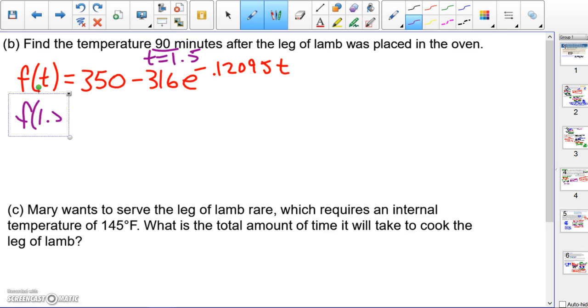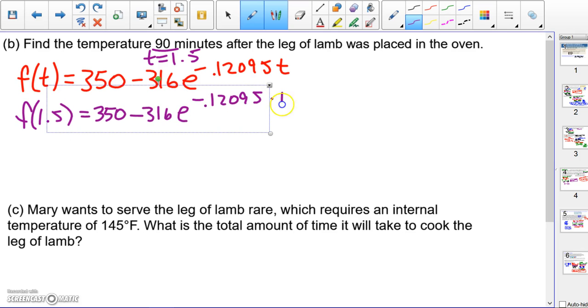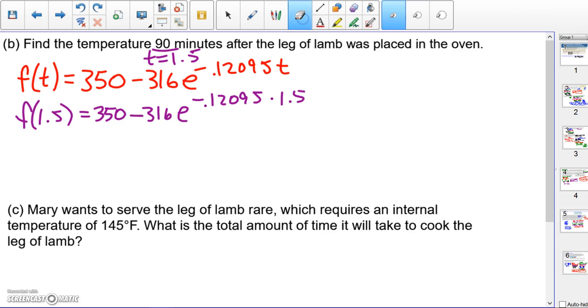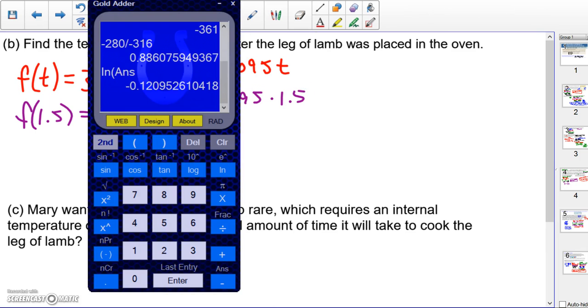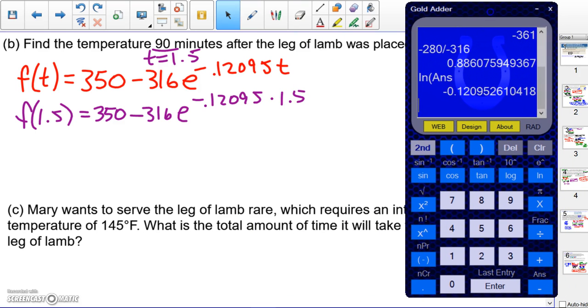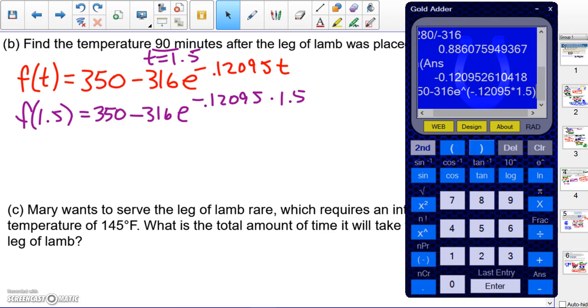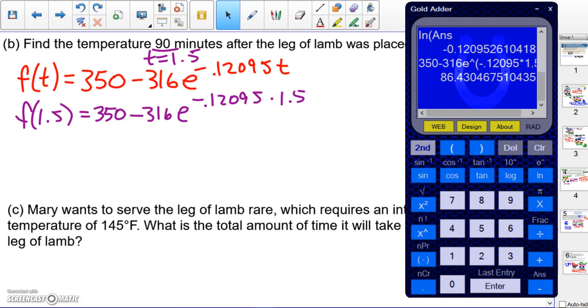F of 1.5 equals 350 minus 316 times e to the negative 0.12095 times 1.5. About 86.4